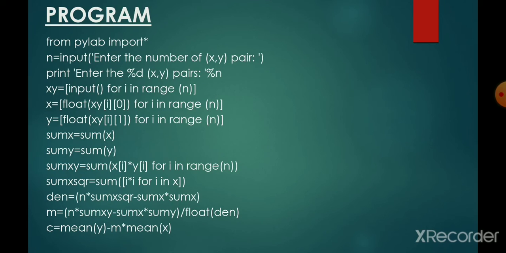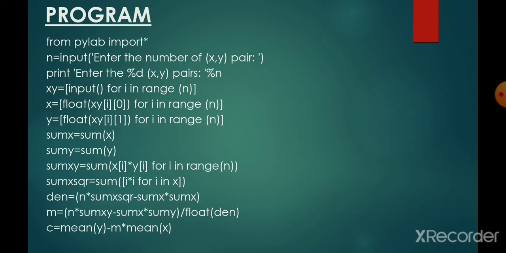First step, n equal to input, enter the number of xy pairs, print enter the xy pairs number, then xy input for i in range of n, that is i varies from 1 to n, and x equal to float xi0 for i in range of n, y equal to float xi1 for i in range of n,